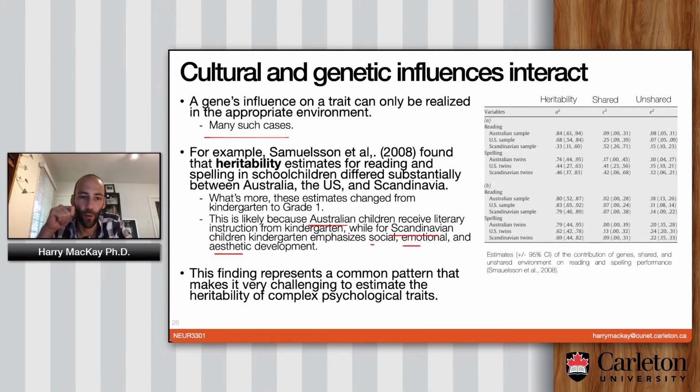a gene's influence on a trait can only be realized in the appropriate environment. Stephen Jay Gould, who was an old paleontologist and biologist, a lot of great books coming from that guy, sadly died a number of years ago of cancer. But anyway, he had a great quote, and I'm butchering this quote, but he cares less about the details of Einstein's brain than about the fact that there were probably hundreds of Einsteins toiling in rice fields and in farms somewhere, never getting a chance to experience their brilliance.